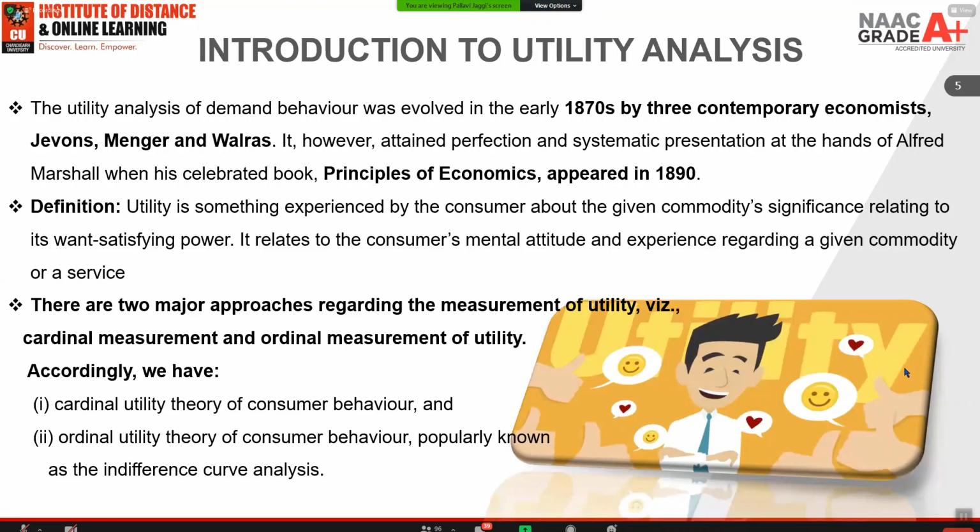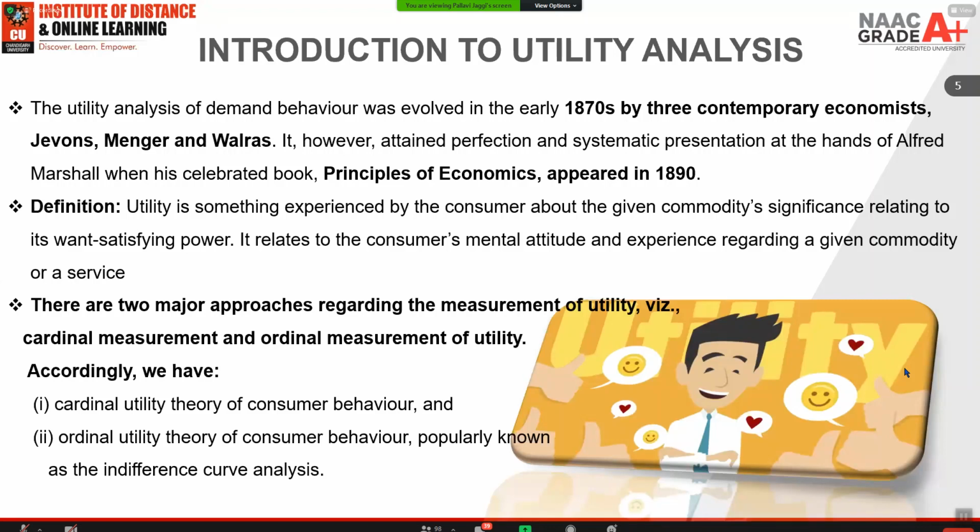This concept of cardinal utility was given by Marshall. But Hicks, on the other side, believed that satisfaction can only be ranked. It can be ranked as high, it can be ranked as low. It cannot be expressed in terms of utils or units. So when you say that a cup of tea gives you greater satisfaction than a cup of coffee, this is a comparison: you are getting more satisfaction with tea as compared to coffee. This is the ordinal utility theory of consumer behavior.